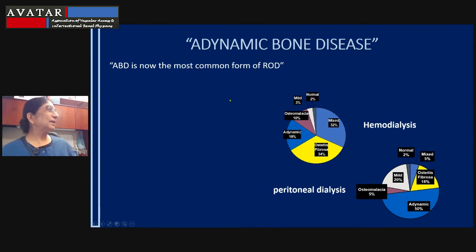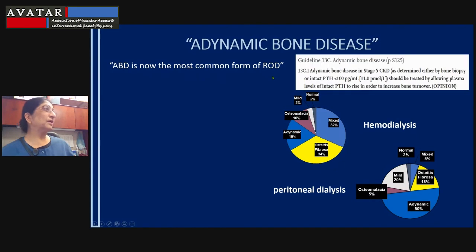And I'm going to spend a few slides talking about adynamic bone disease because we consider it a diagnosis with a poor outcome. And sometimes that fear may be misplaced, mainly because the condition is not well defined. And this may be more a specter of fear rather than true understanding of a poor outcome. Here, we have often read that adynamic bone disease is the most common form of renal osteodystrophy.